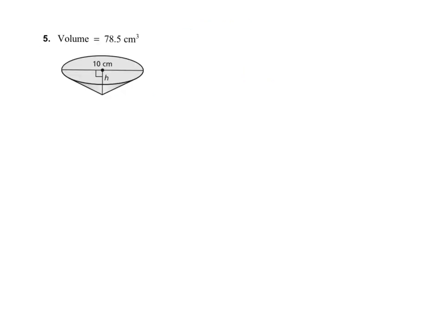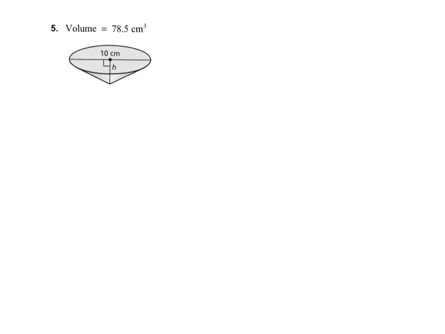Question number 5. Once again, they want us to find the height. So we've got volume is equal to pi times radius squared times the height divided by 3. So that is the formula for volume of a cone. And now we're going to plug in the information that we have. So we've got volume, which is 78.5, is equal to